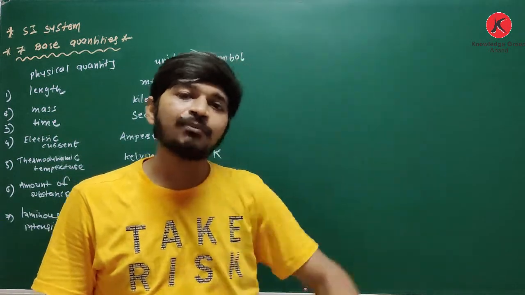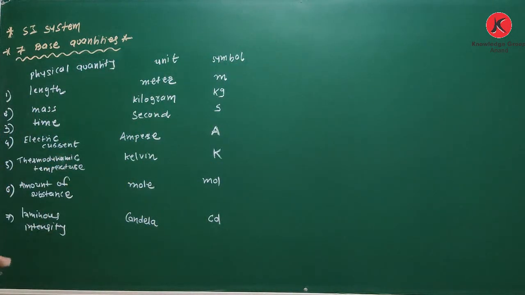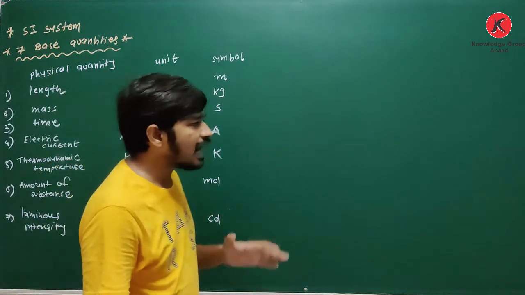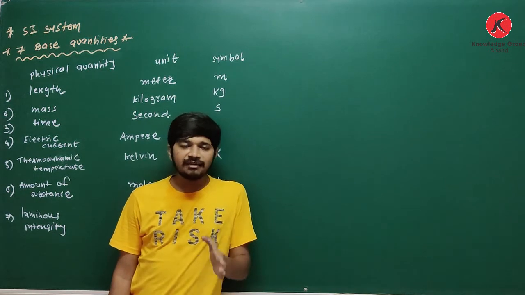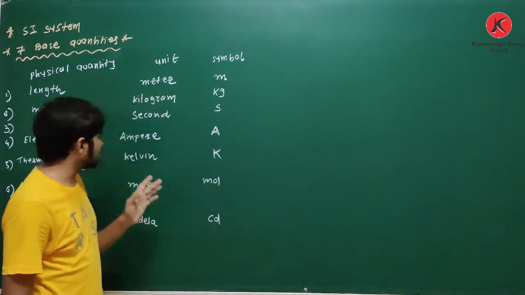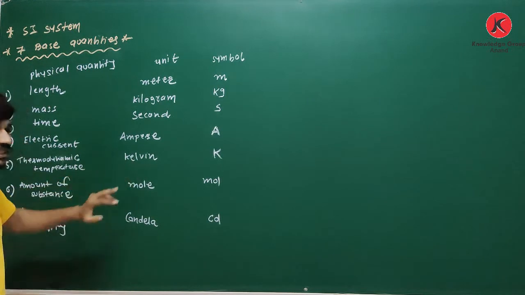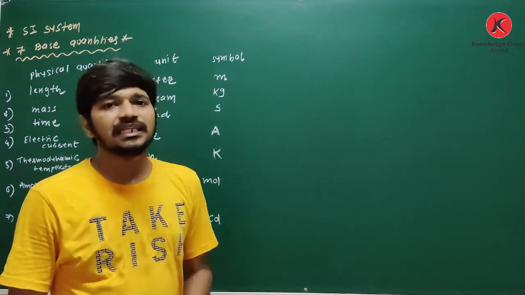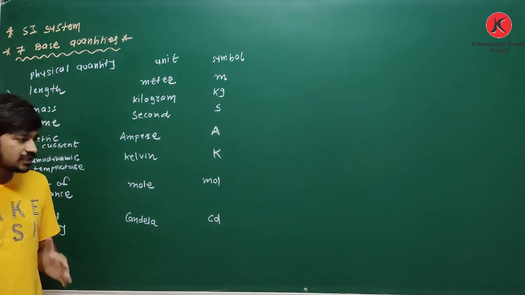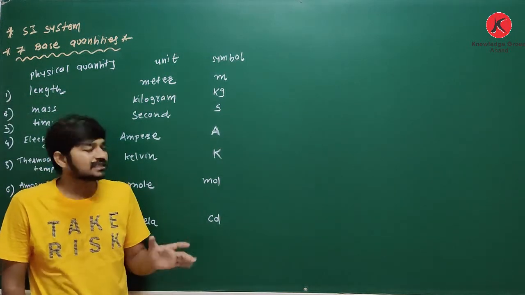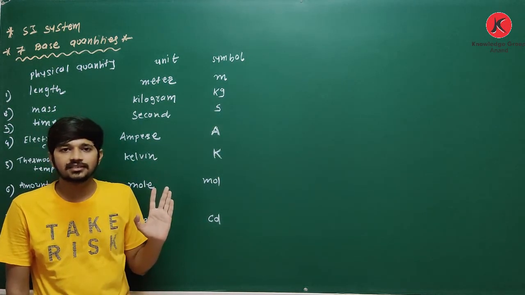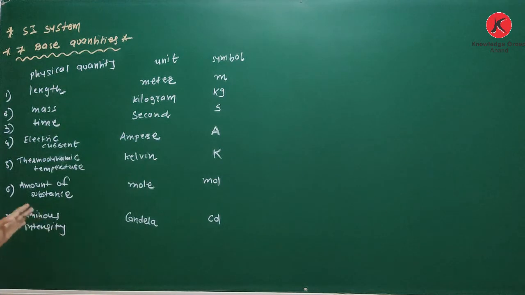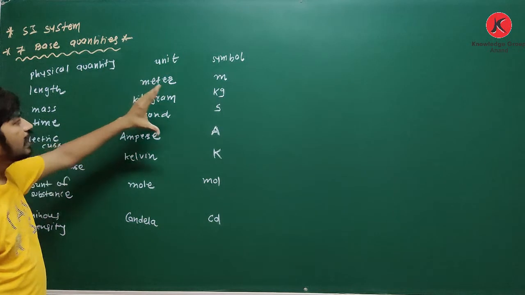Why is the unit of force capital N? Because some units are denoted after the name of a scientist. Ampere is the name of a scientist. Kelvin is the name of a scientist. Newton is the name of a scientist. So whenever units are derived from the name of a scientist, they are written in capital letters. Clear about this? So first of all, you have to remember these 7 physical quantities, their unit and their